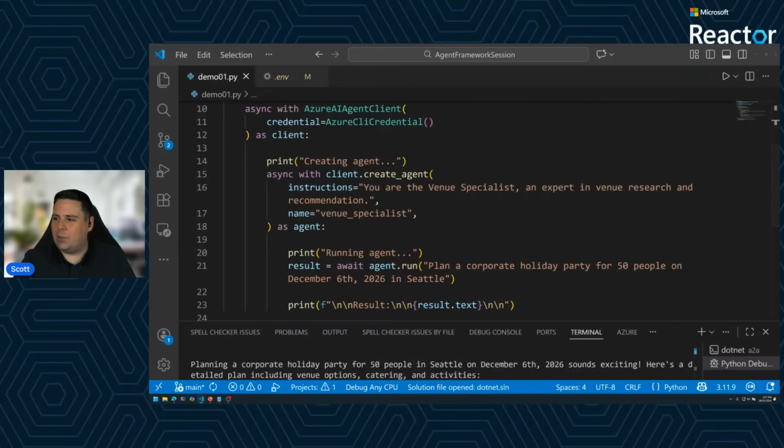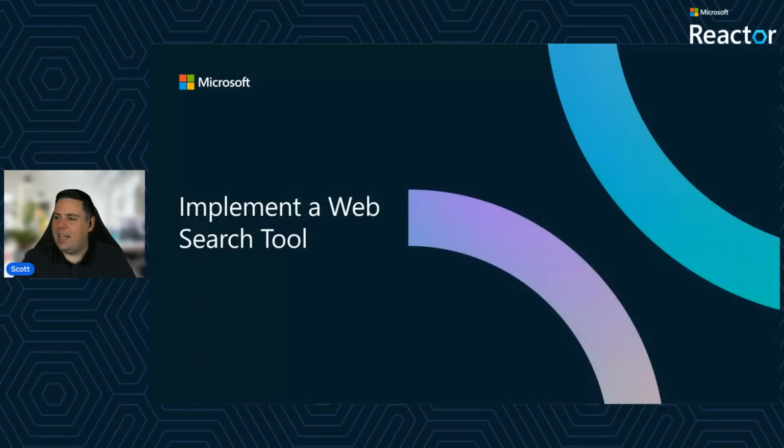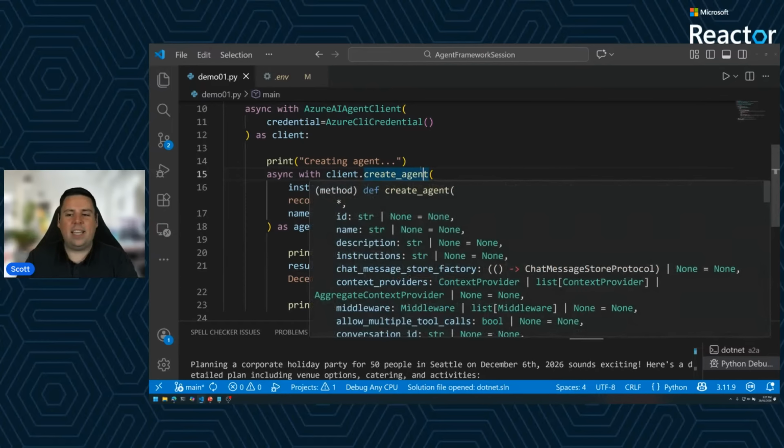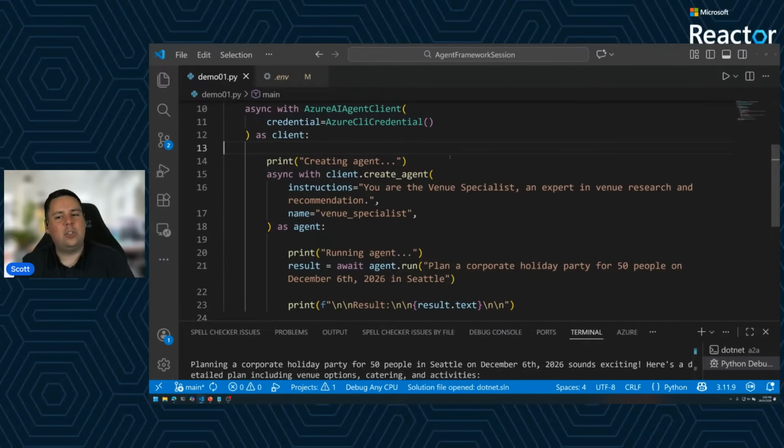So I actually want to jump across and begin to talk about how we can augment our agents using off-the-shelf tools. And when I say off-the-shelf tools, I mean these are tools that we don't have to write ourselves or hunt down, but things that are actually baked into the agent framework directly. In particular, things like web search, giving us the ability to actually reach out, search the web, find relevant results, and bring it back as part of an agent's execution. So let's jump across and see what it takes to actually go from creating an agent to actually then invoking a web search as part of the agent's run.